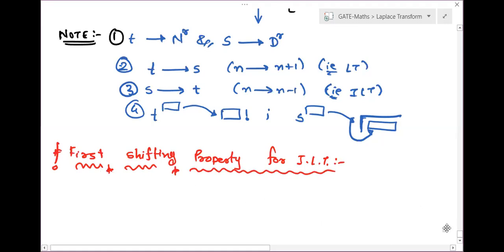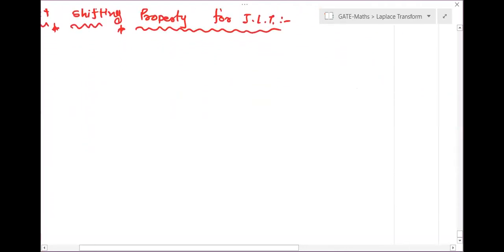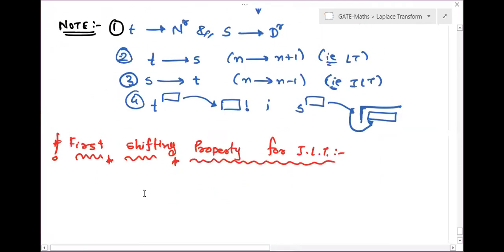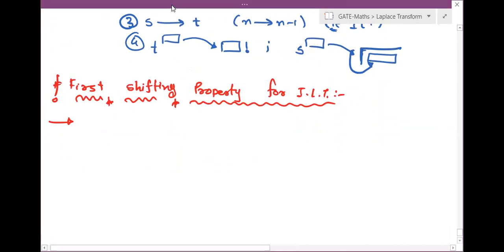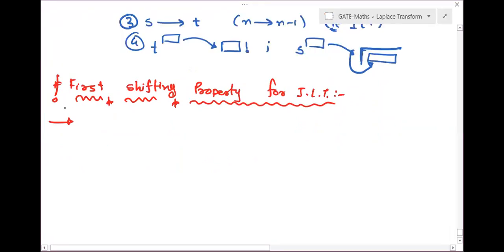Laplace of f of t is capital F of s, then Laplace of e to the power at f of t, we have to change s with s minus a. So let me write the property of Laplace first, then from that we are going to write the property of inverse Laplace. If Laplace of f of t is capital F of s, then